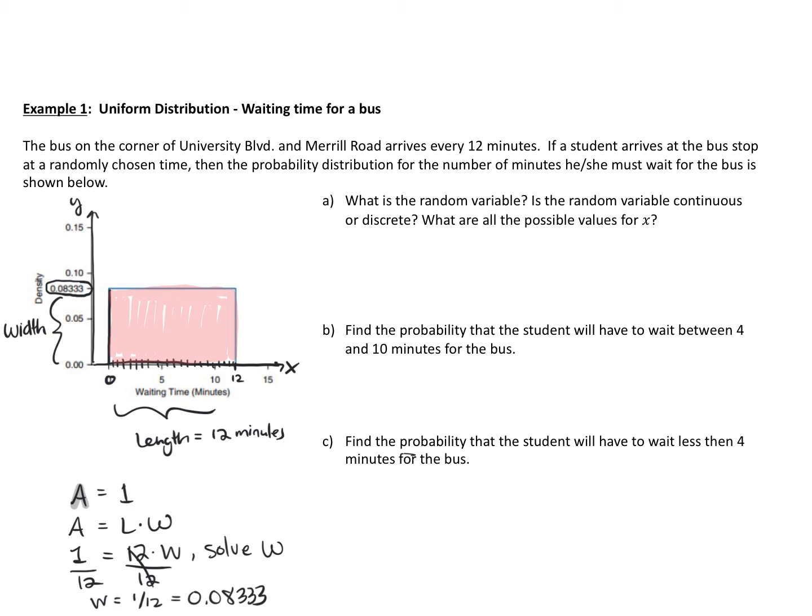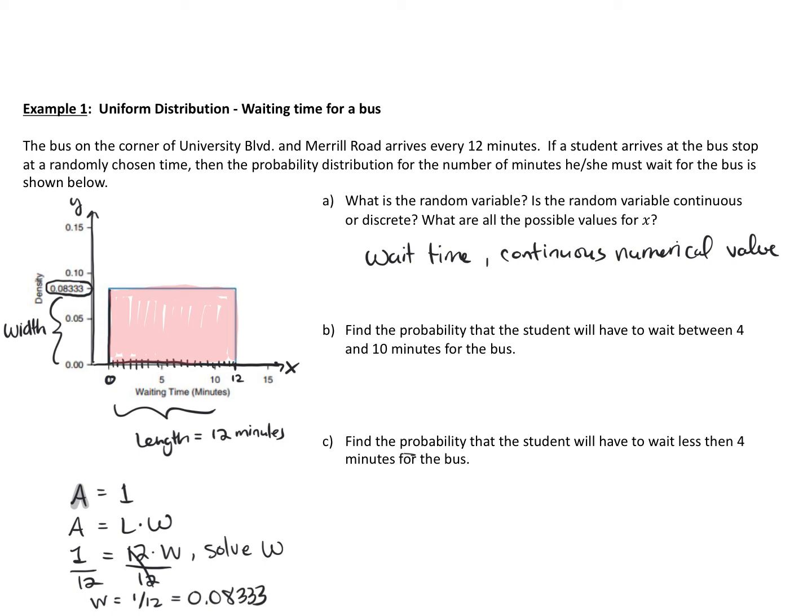So what is the random variable in this particular example? Well, the random variable here is the wait time, right? And the wait time is a continuous numerical value. Okay, and the reason why we know it's continuous is because your wait time can be a number anywhere